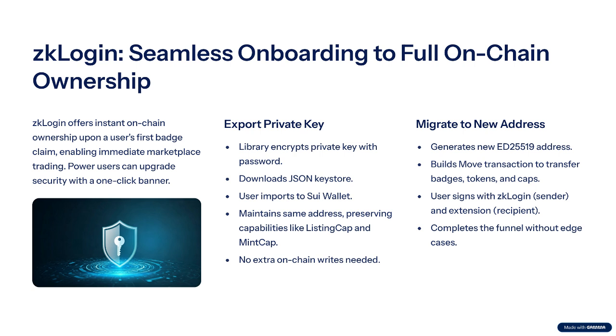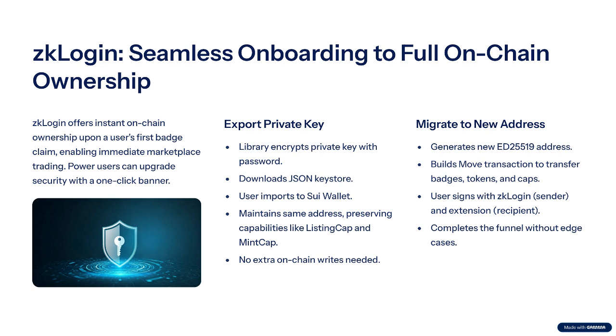Behind that button, 2 branches. Export. The library encrypts the private key with a password, downloads a JSON key store, the user imports it into Sui Wallet and keeps the same address, meaning all their capabilities, listing cap, mint cap, still work without extra on-chain rights. Migrate. Generate a brand new